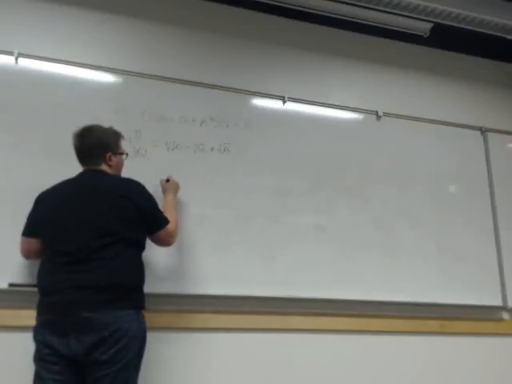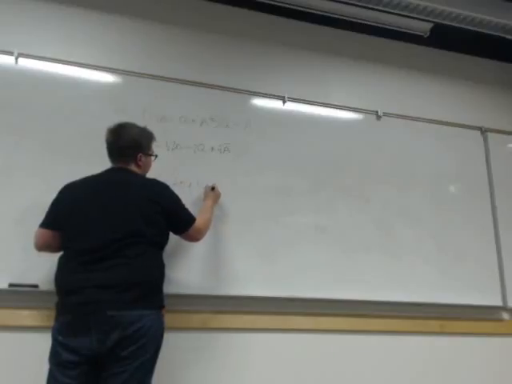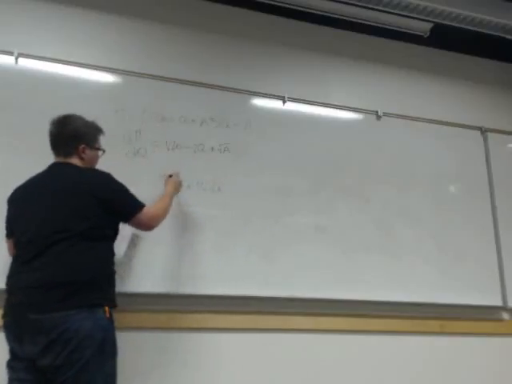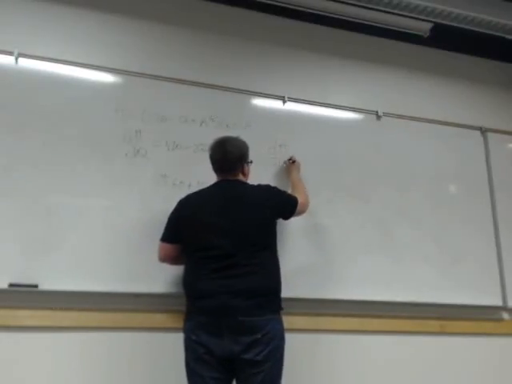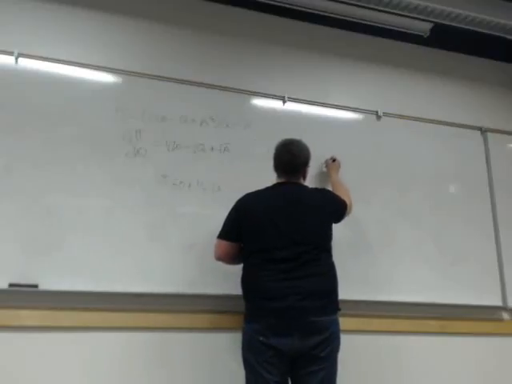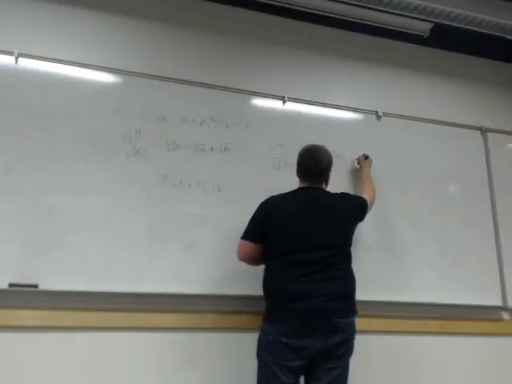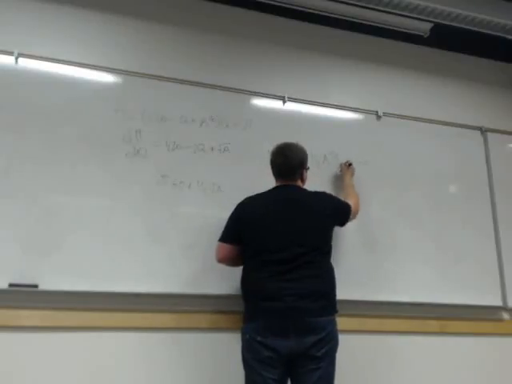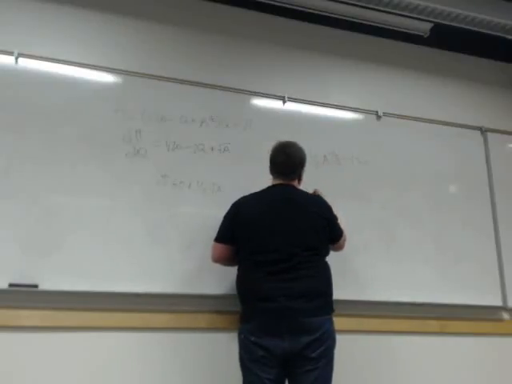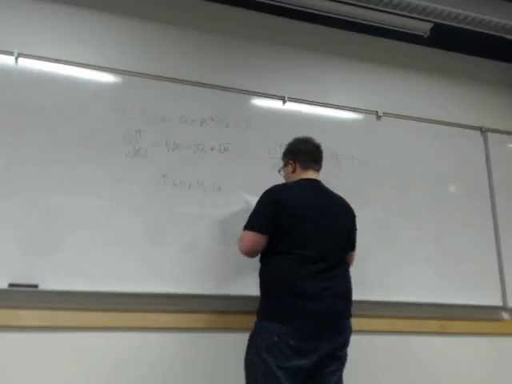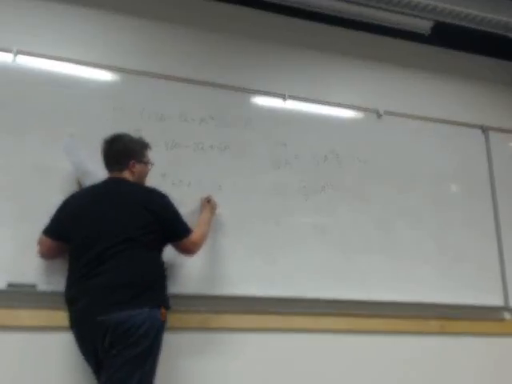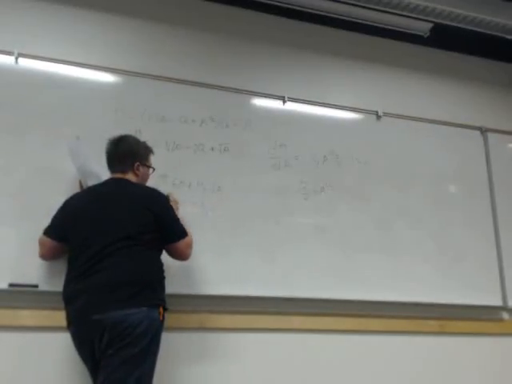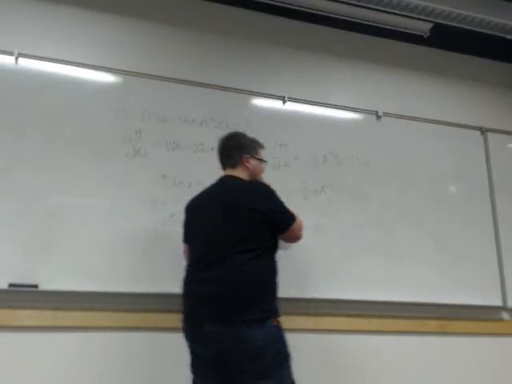A. Q equals 60 plus 1/2 radical A. That's our Q star. Now, what is our optimal advertising level? 1/2 A to the negative 1/2 times Q minus 1 equals 0. So Q over 2 equals A to the 1/2. Great, plug it into this. 60 plus 1/4 Q equals Q. Q equals 40.